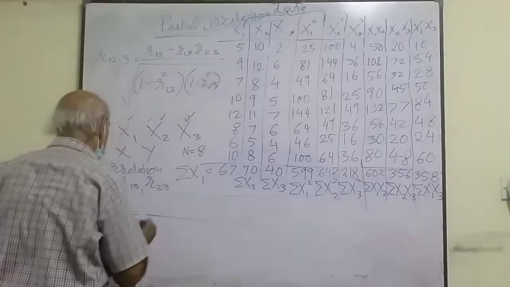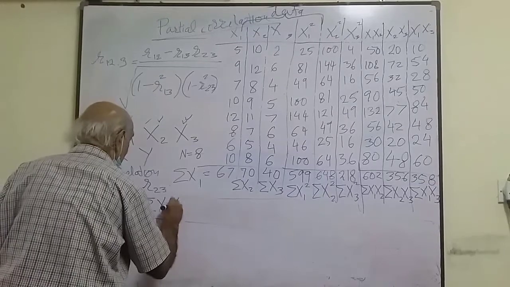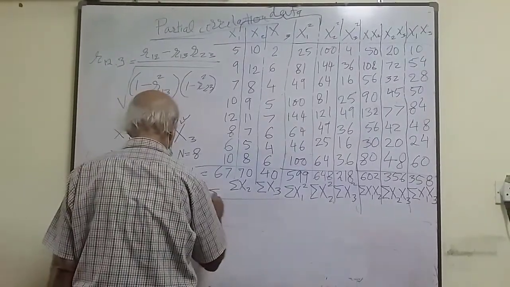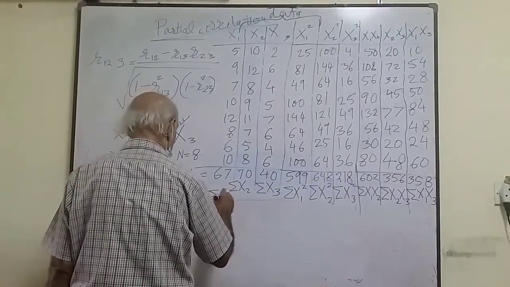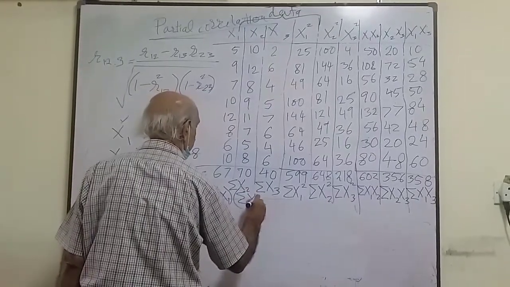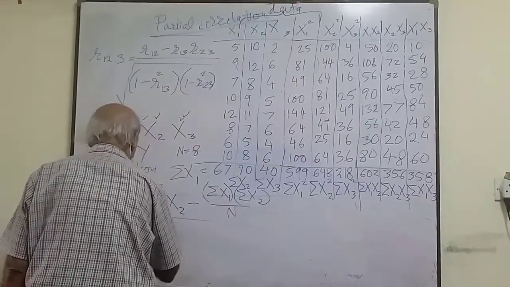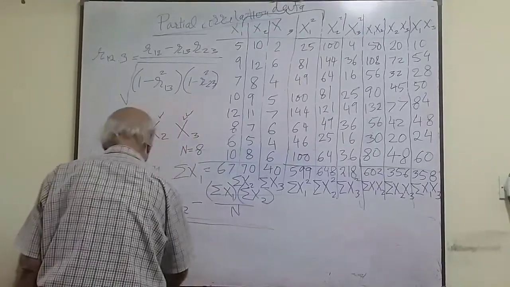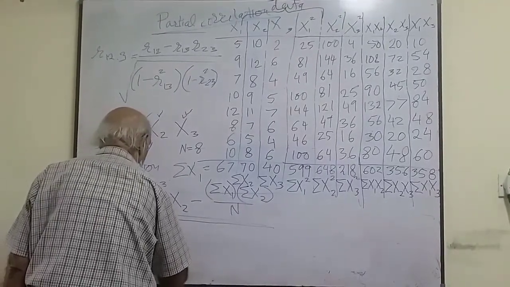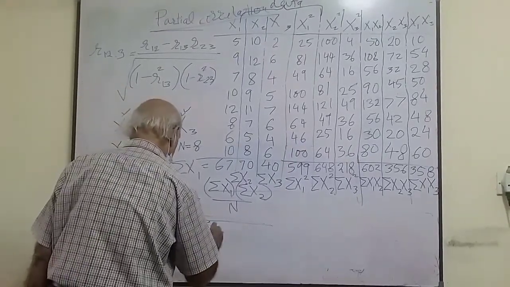Instead of xy, you will take sum x1 x2 minus sum x1 times sum x2 divided by n, whole divided by